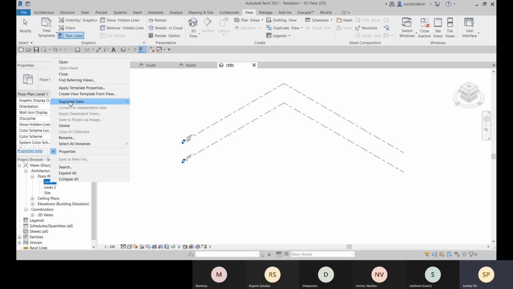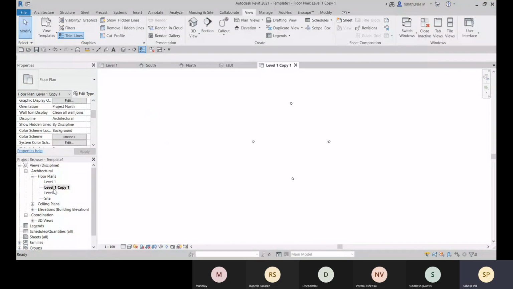Now let me go for this duplicate and let's click on this duplicate with detailing. And here you can see that level one copy one is selected. This one is opened, level one copy one, and level one also opened here. Now for this level one copy one, I will choose the discipline, I will choose structural.